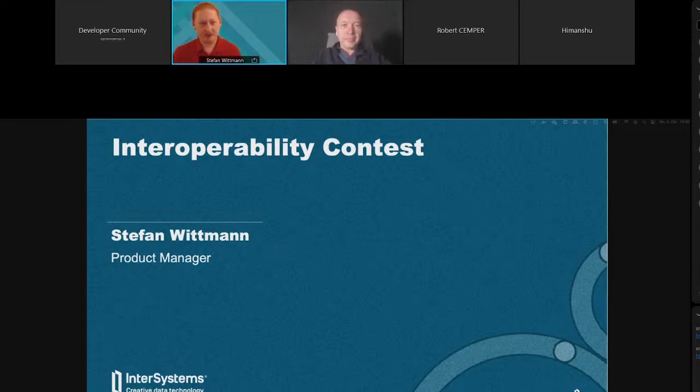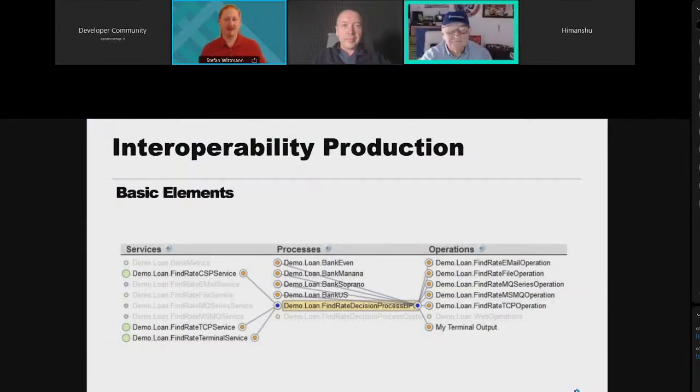Without further ado, I would like to provide you with a very brief overview of the basic elements of what we call the interoperability engine. The basic part operates very much like a message bus that you probably know. An event occurs, a message arrives, in this case on the left side of the diagram.